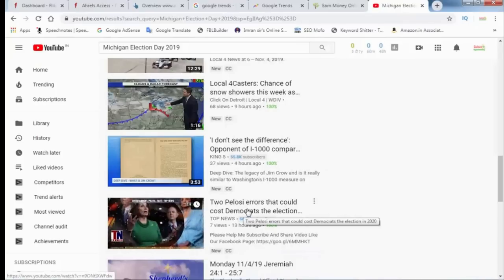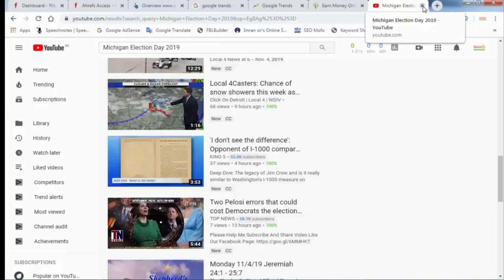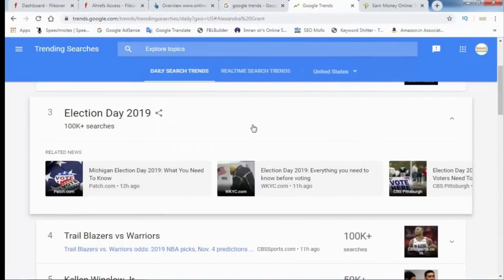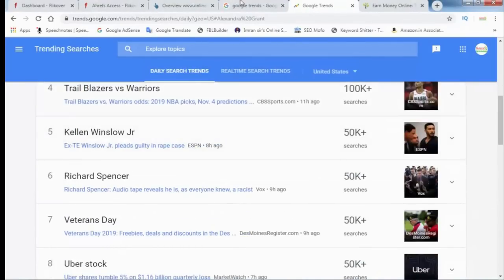Now you need to convert this video to text, speech to text. After that, you can post the text content on your website. This is a unique article. Your article will rank on Google. So this is the first step.